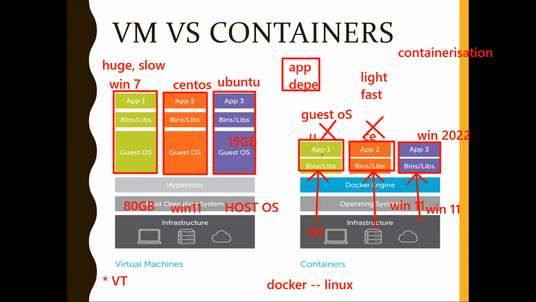Basically, Unix will not go with Windows, only Windows will go with Windows. Whereas irrespective of any flavors in Unix, if it is Unix, then it will be compatible. So your container's operating system should match the operating system of your host. If I'm having a Windows laptop, on that I'm going to install Docker and run containers. I can run only Windows containers, right? This is the point you need to make a note of.